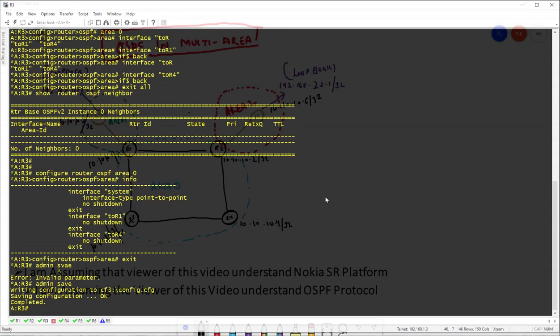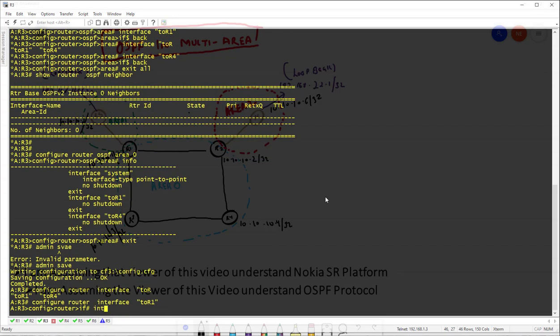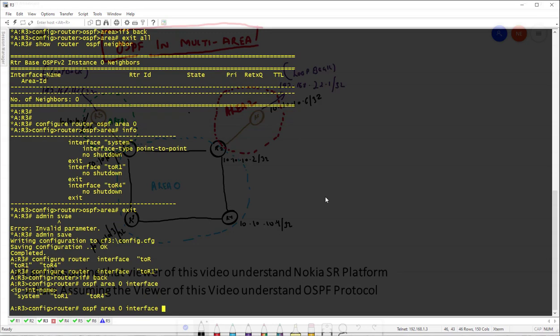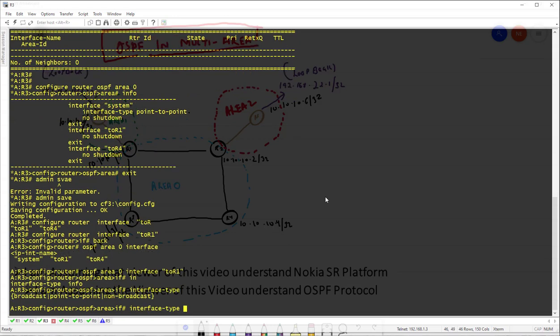So if you want to configure the point-to-point interface, how can you give it? Configure router interface to R1, and if you want to give point-to-point, you just need to give interface. Sorry, we need to go on OSPF. Configure router OSPF area 0 interface to R1, and if you want to give the network type, just give interface type, whatever interface type you want to give. Okay,